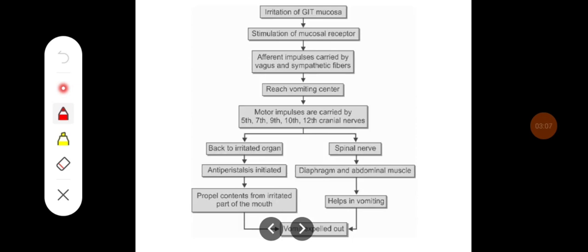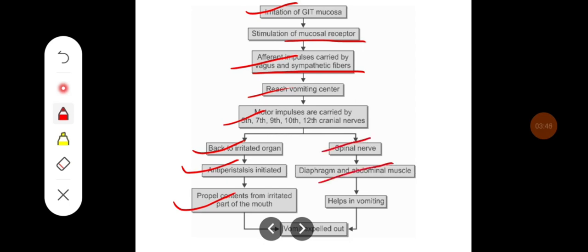So as I told, irritation of the GI mucosa leads to the stimulation of the mucosal receptors, and the information carried by afferent impulses, that are vagus and sympathetic fibers, reaches the vomiting center. Motor impulses are carried by the 5th, 7th, 9th, 10th and 12th cranial nerves back to the irritated organ. They initiate antiperistalsis and propel the content from the irritated part to the mouth. Then some of the efferents go to the spinal nerves, and the diaphragm and abdominal muscles are stimulated, which are going to help in